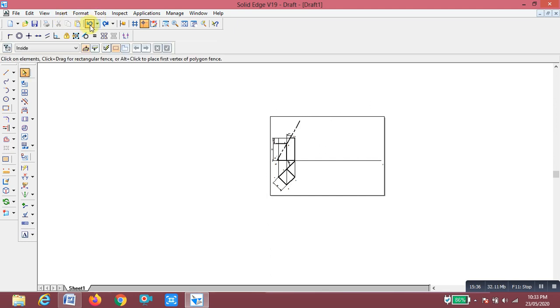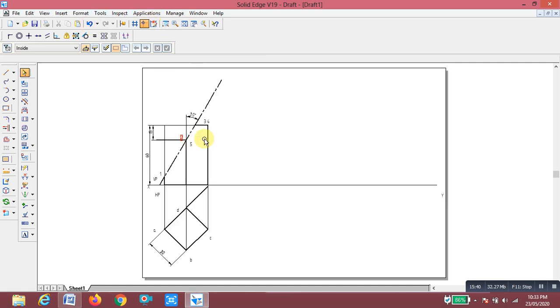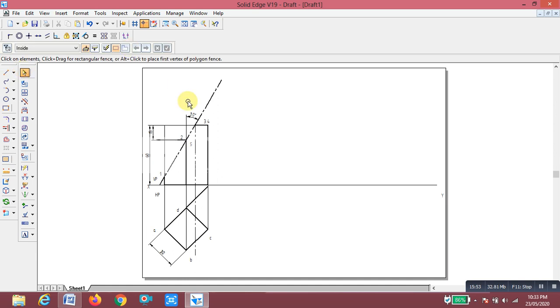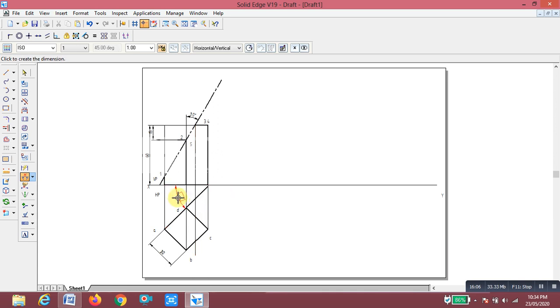See here, line point 0.13, that is, draw it here, and you change this line into a continuous line. Okay, you measure the angle between this line and this line is 45 degrees. Right, now I want to draw the